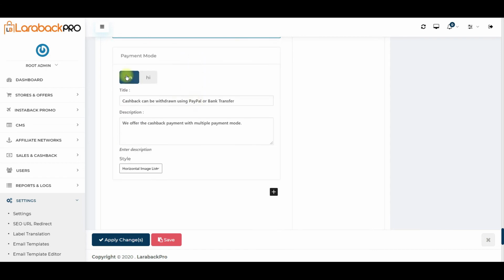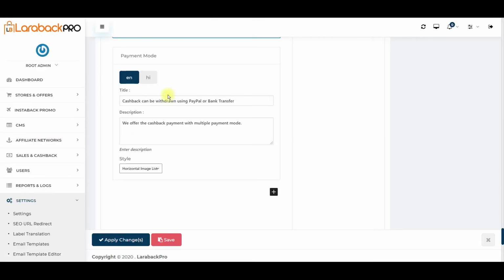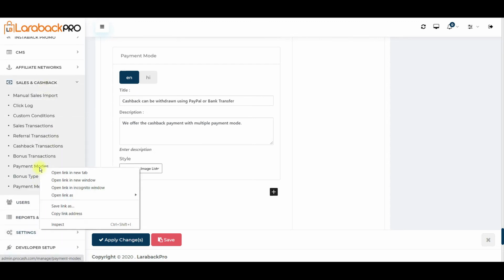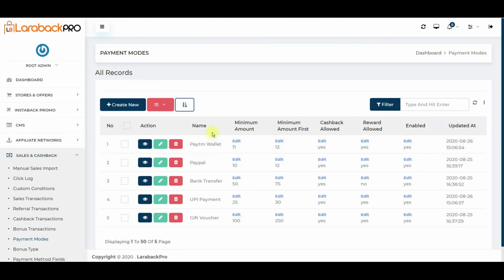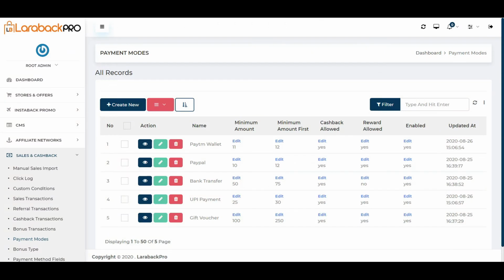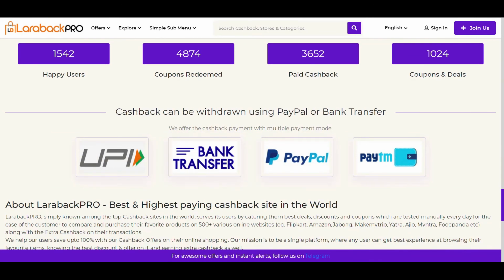Then there is payment mode, by which payment mode we are initiating the transfer. At the moment there is no selection of payment mode, because whatever you have enabled from the cashback under payment mode will start showing up here. Currently we have about 5 payment modes, and all of them are enabled, so it is showing all 5 modes here. But if you disable any one of them, for example gift voucher, it is saved. And now if you go and refresh this page, you can see that gift voucher is now hidden.